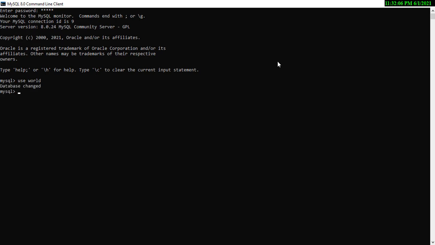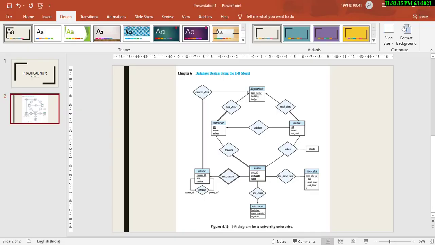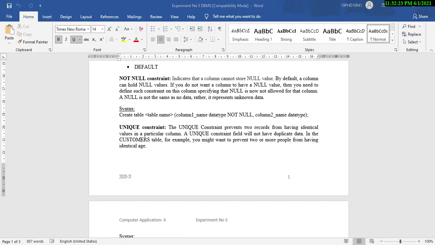Okay, so we have changed the database and now we are going to implement the things. Let us see one by one whether we have all the required tables or not: department, instructor, student and section.